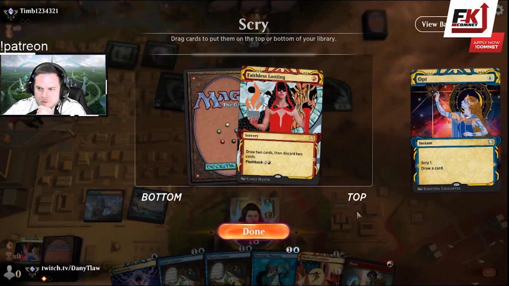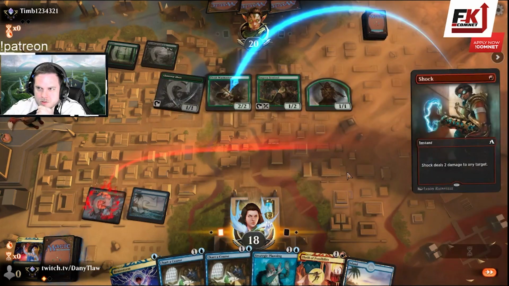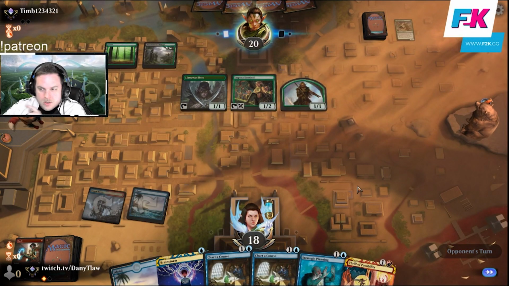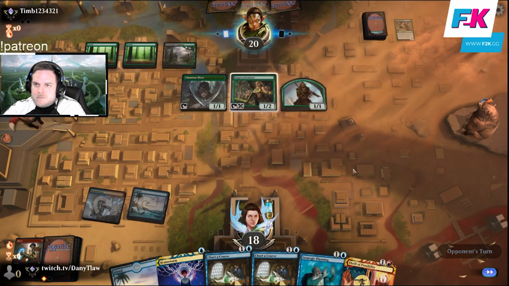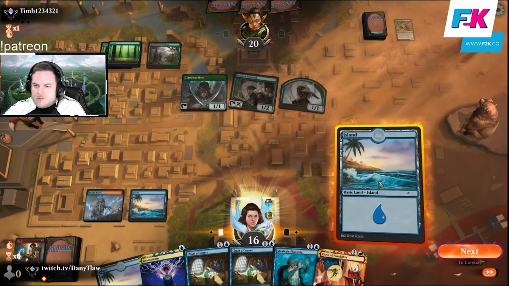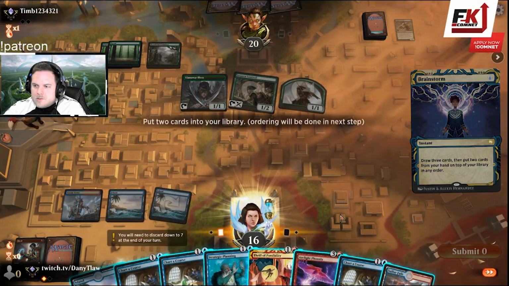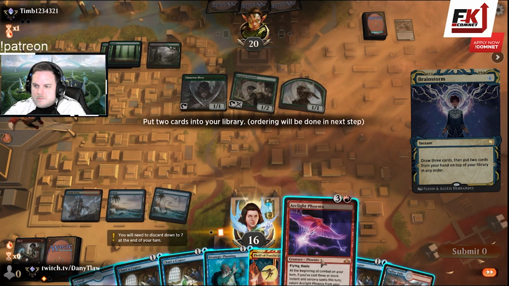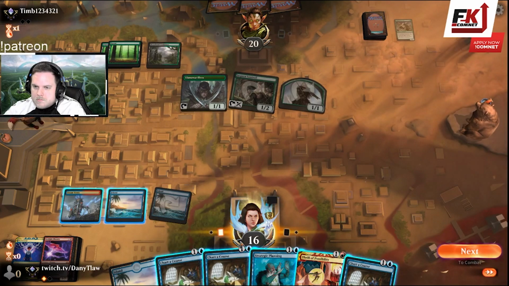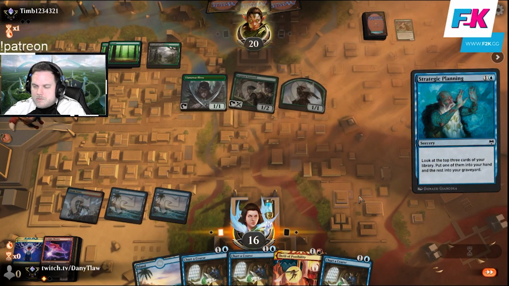I think we opt. We have to shock this one. Because right now, I don't have a way to deal with the board. So I need to find my board wipe. Keep Coco open. Makes sense. I mean, I cannot deal with Coco here, which is sad, but...